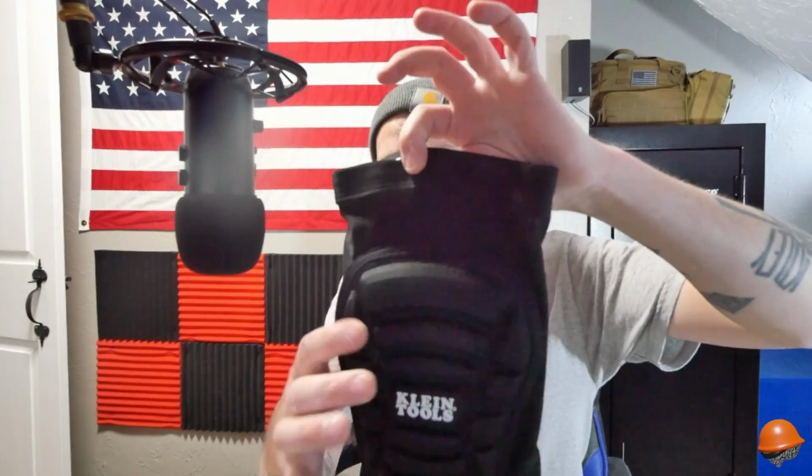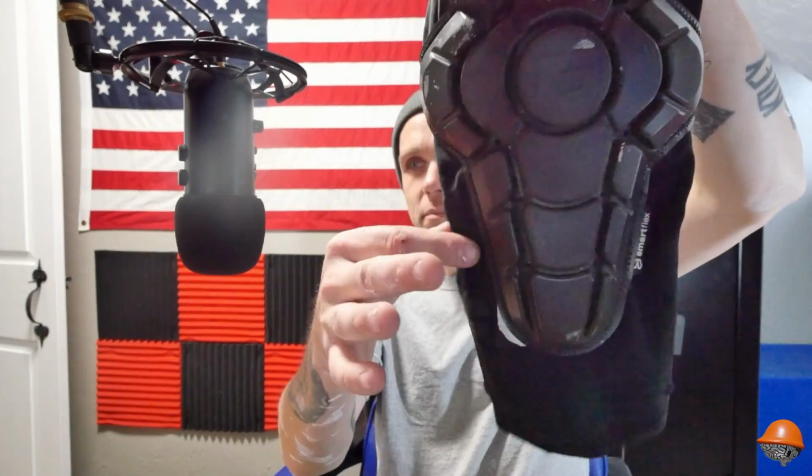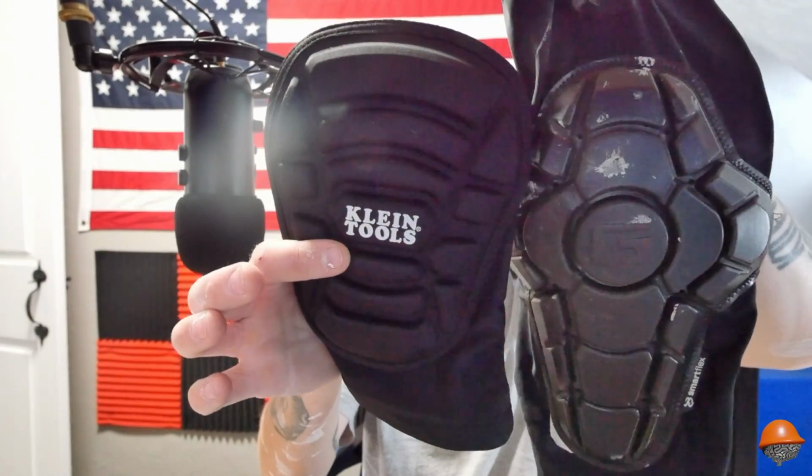Area 1 is you see the fabric from the top of the knee to the sticky thing. This should be longer. It should go higher up the thigh, and there's a reason for that. Because when you bend your knee, it tends to pull this down, and it kind of finds its place. But when you're too close to the kneecap, it becomes very easy to come undone. But if you're higher up the thigh, and you're not as close to the part that's bending, it'll kind of stay there better. And it gives you all this material for the squish. The bottom doesn't really matter. But it's nice that the G-forms give you a little bit of shin protection as well. These do not. I mean, it's close, but...